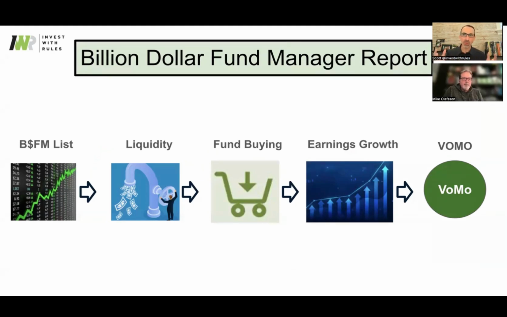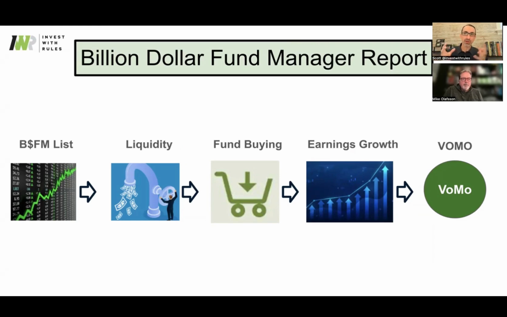Phase two is liquidity. We want to invest in things that have a certain market capitalization size, so much so that we don't want to wake up and it's constantly moving 10+% every single day. That's a lot to handle for most people. The next is we want to filter that list. Think of it like a funnel. Maybe we'll knock out one or two names that are just teeny positions in their database. Then we're going for fund buying. No matter what holding, we really want to see fund accumulation.